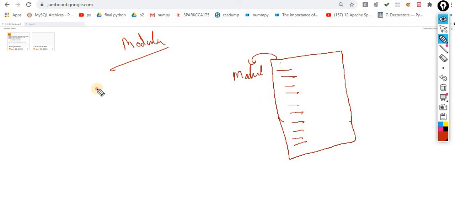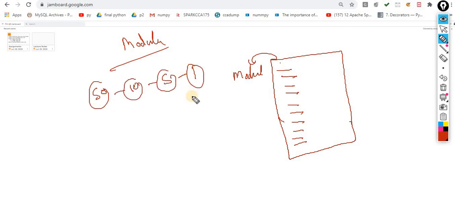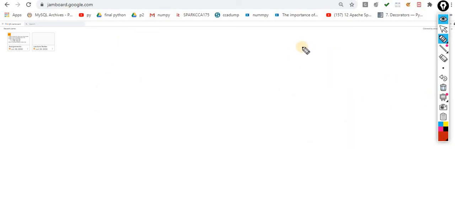Let's suppose I have 50 functions, or 10 functions, or even 5 functions, or even 1 function. Now these functions I am placing into a separate file. Just take a real-time scenario. This time leave the concept of classes, because classes have a number of things. So just understand the concept. In your house, take the example of a kitchen. Inside your kitchen there is an almirah, and inside the almirah you place a mixer, an electric kettle, and something else.